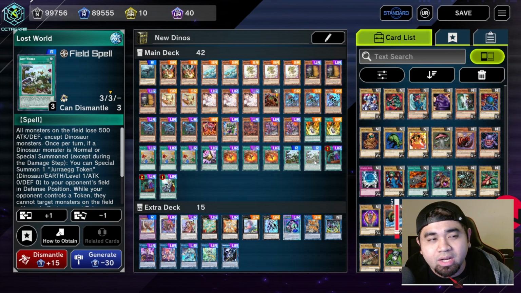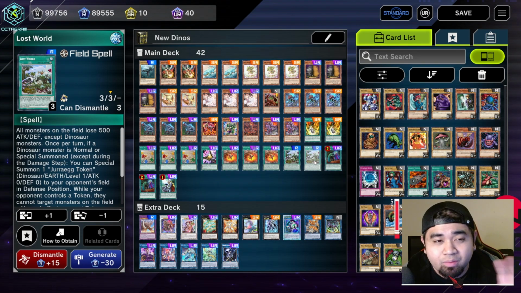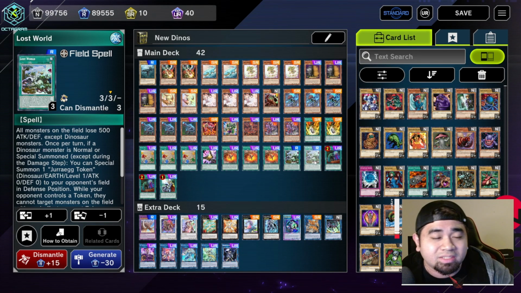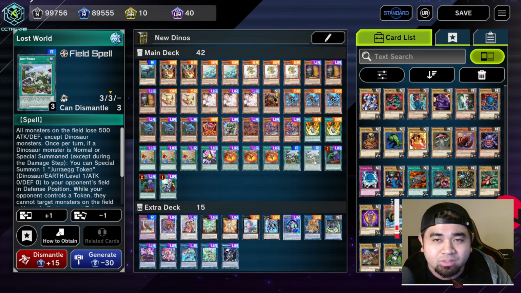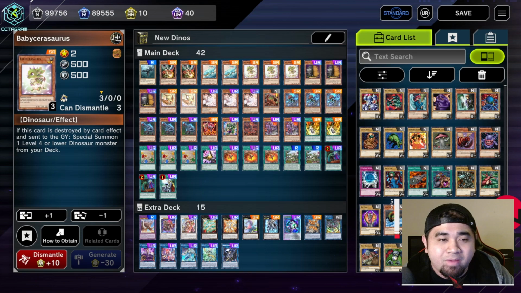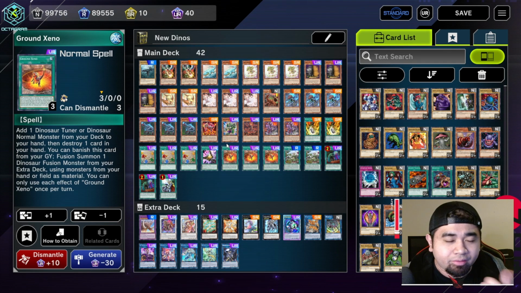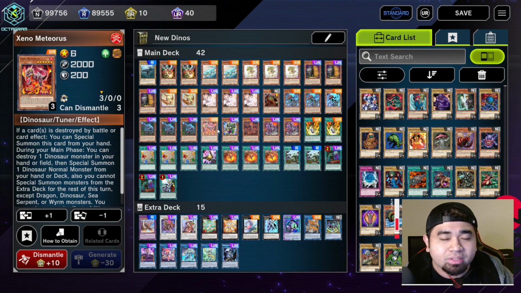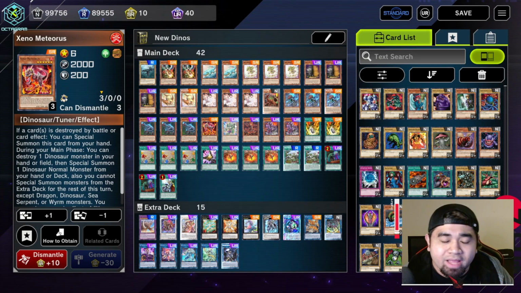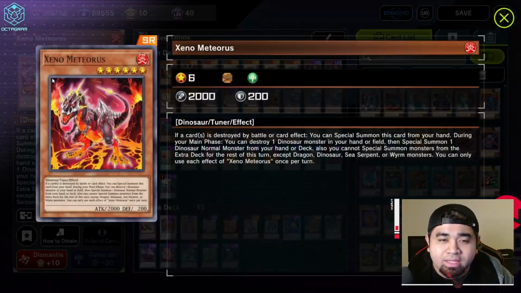You're also running Lost World here. Lost World is a really good Dino support. Once you normal summon or special summon a Dino monster to the field, you can special summon the token. So any normal monsters that will be popped will be protected by the Lost World, and you can pop 1 monster in your deck instead. Typical targets for this are the baby and a copy of Petite Pteranodon, 3 Ground Xenos, and 1 copy of Xenometeorus. If a card is destroyed by battle or card effect, you can special summon this card from your hand to the field. So this is immediately a level 6 tuner that you can bring onto the field,